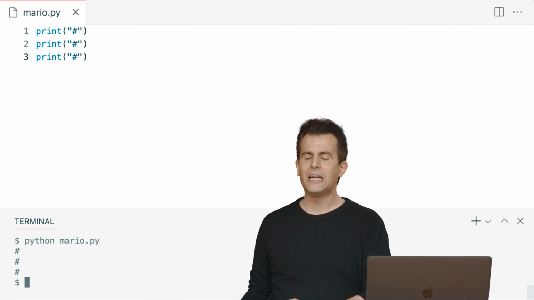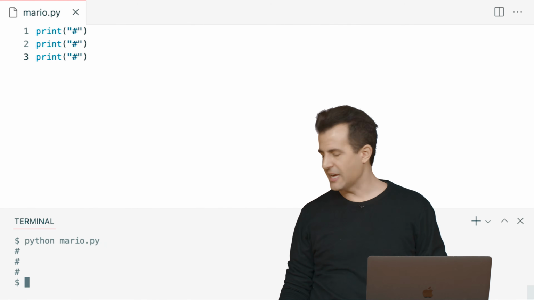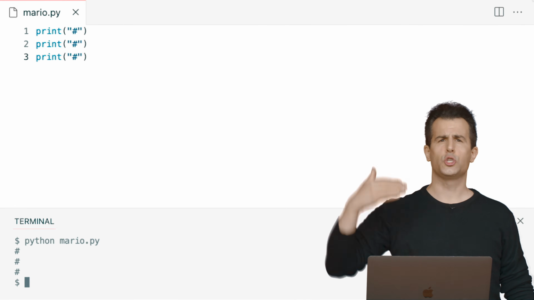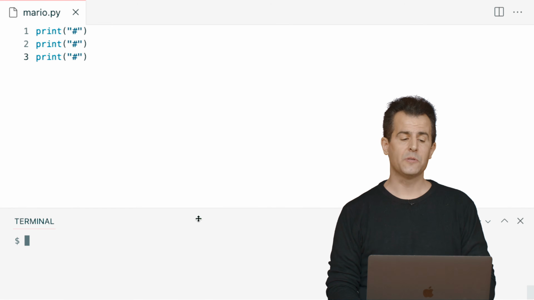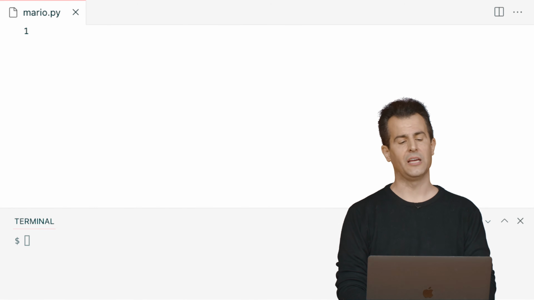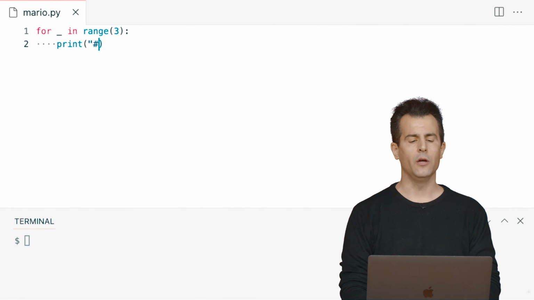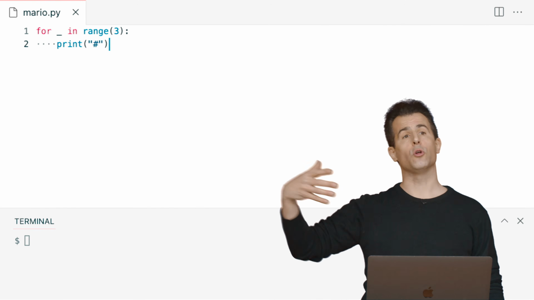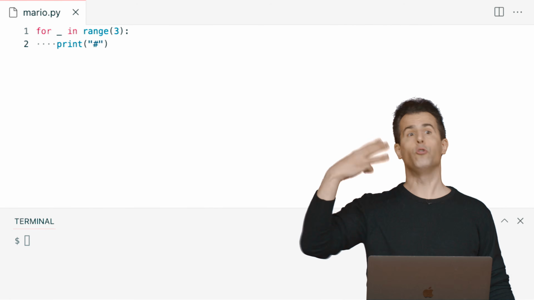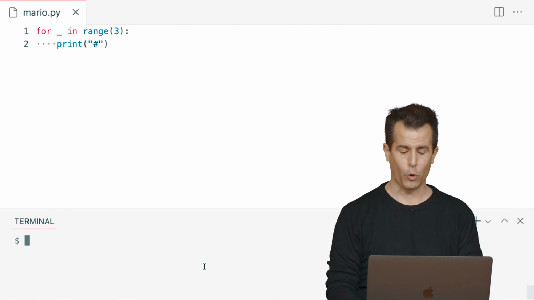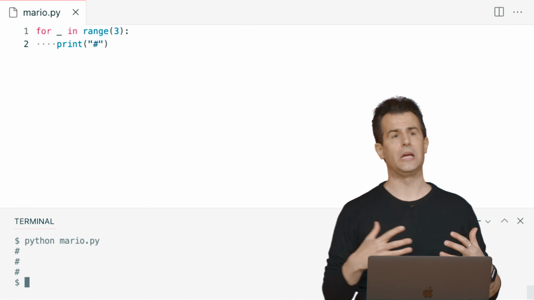But you can imagine that certainly in a game where the columns get higher or lower, it would be nice to write code that's a little more dynamic than that and doesn't just use print, print, print, which is literally copy and paste, it would seem. So let me at least adopt some of today's lessons learned and instead do something like this. For underscore in range of 3, let's now print out just one of these at a time. The fact that I've now used a 3 in range means if I want to change it to something bigger or smaller, I change it in one place, not in 3 or more places. And this code, too, if I got it right, is just going to print out the exact same thing. So we're iterating here.